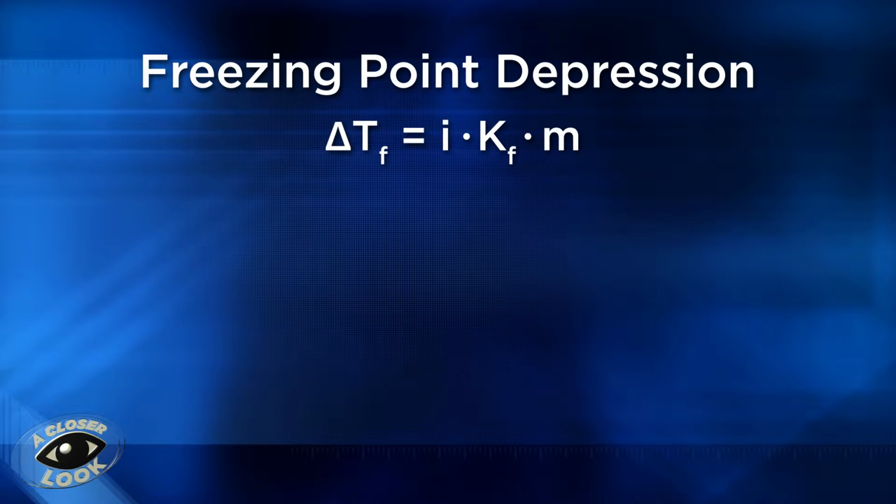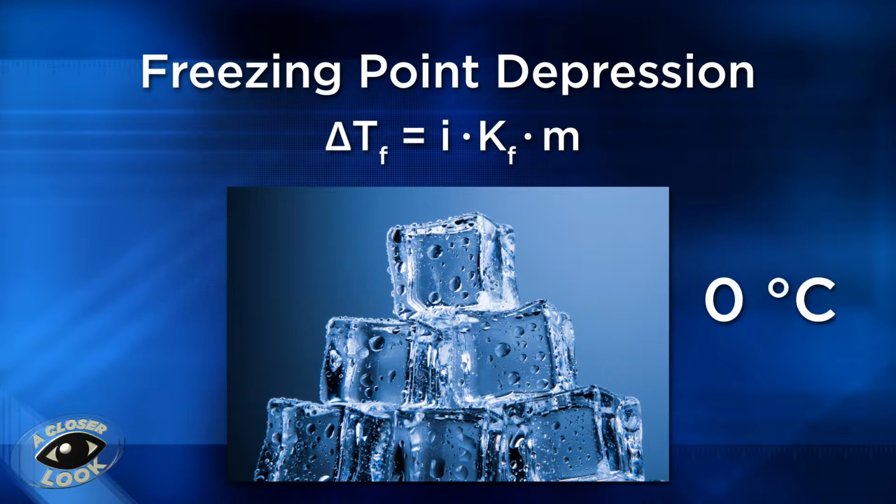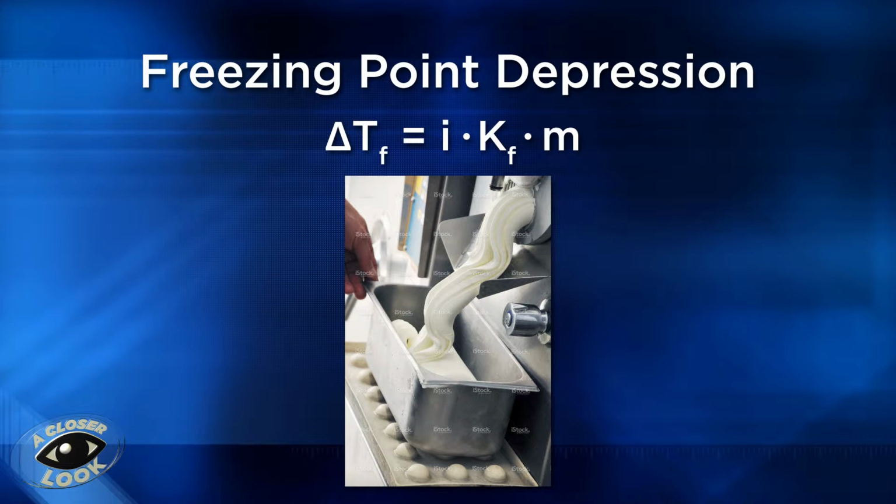Freezing point depression is another type of colligative property. Just like the boiling point elevation, the presence of the solute is going to change the property of the solution relative to the solvent alone. For example, pure solvent water freezes at 0 degrees Celsius. But if we add a solute to it and dissolve it in the water, the freezing point will be lowered